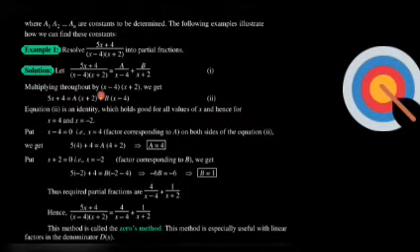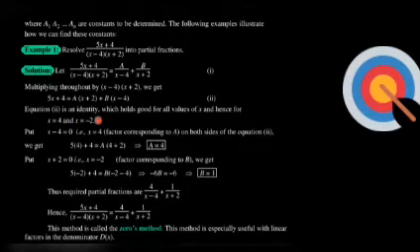We'll first multiply the entire equation number 1 with the denominator. Upon multiplication, these two factors cancel out with x minus 4 and x plus 2, and on the right side we have A into x plus 2 plus B into x minus 4, because in this term x minus 4 gets cancelled by x minus 4 and x plus 2 is left behind, and in this term B into x minus 4, x plus 2 is cancelled out with x plus 2. So we have another equation: 5x plus 4 is equal to A into x plus 2 plus B into x minus 4. This is equation number 2.